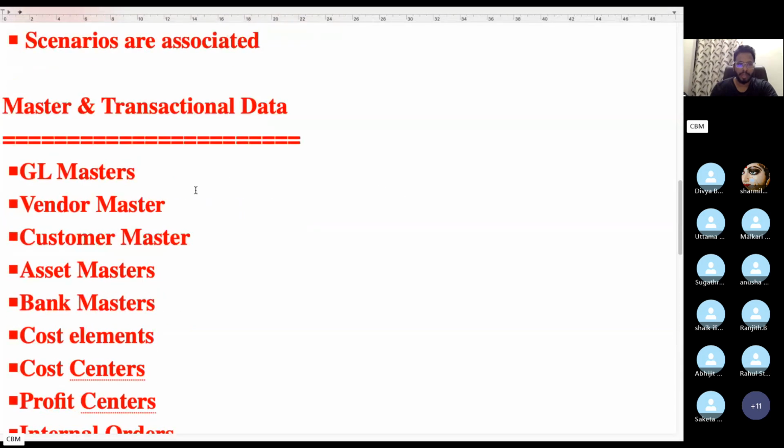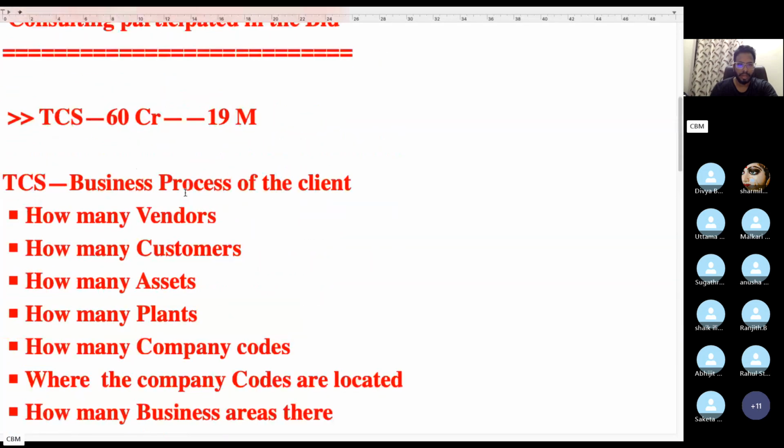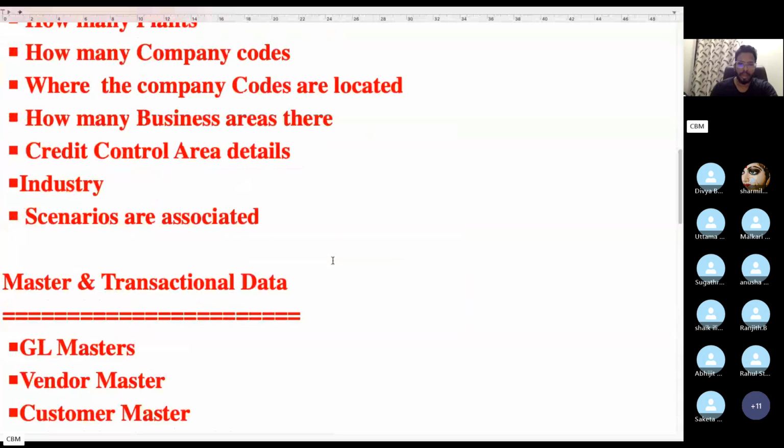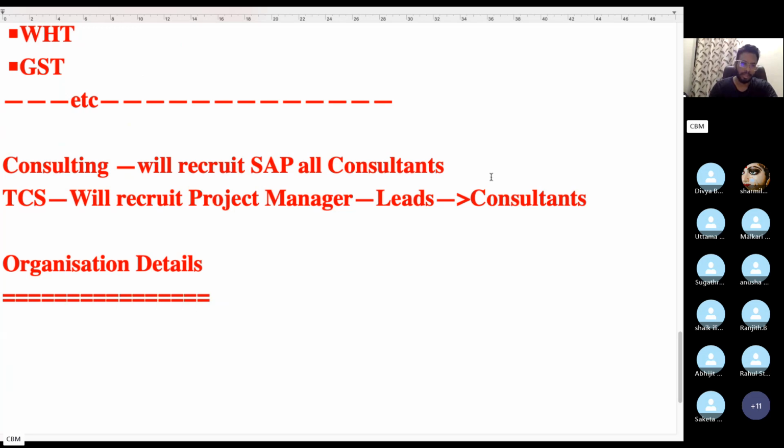Before accepting any kind of project, the consulting company will check this data, and they will check the organizational details. So I'm also giving the organizational details, including FICO, SD and all. I'm giving all the organization details: organizational units. Organizational units means